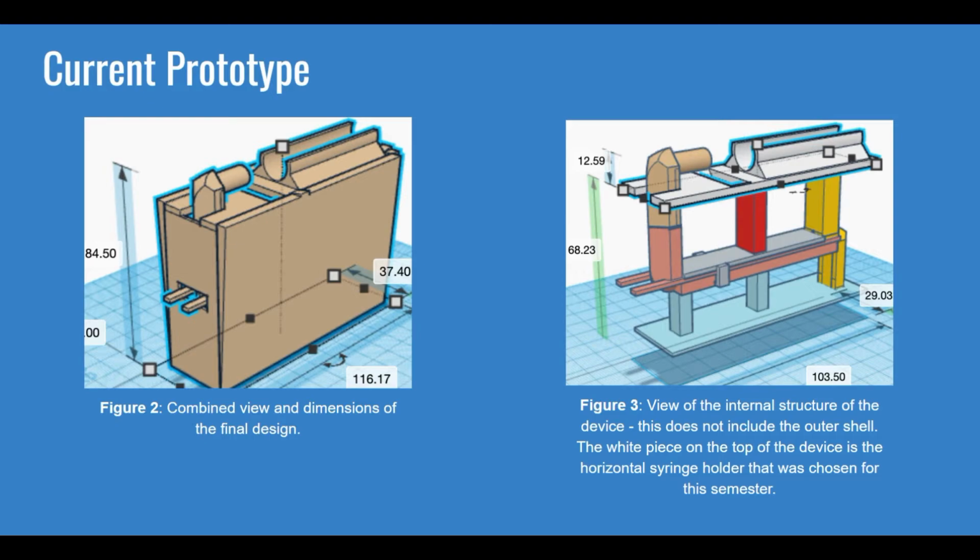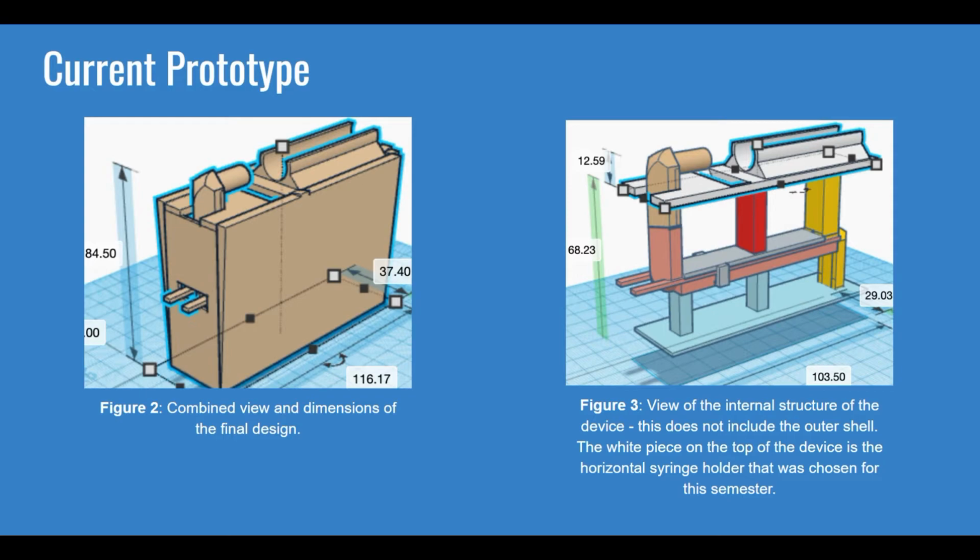The orange peach color is the actual impedance channel. The cream yellow part on the top left is where the attachment from the nanofilter to the channel is. It's a 90-degree turn. And the white part is where your syringe would be placed horizontally, because we found out that it was the easiest way to